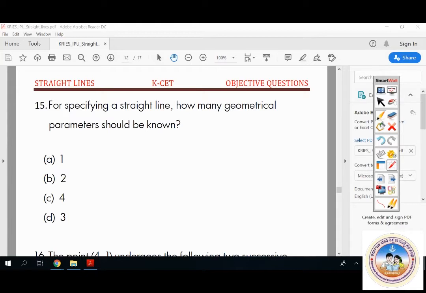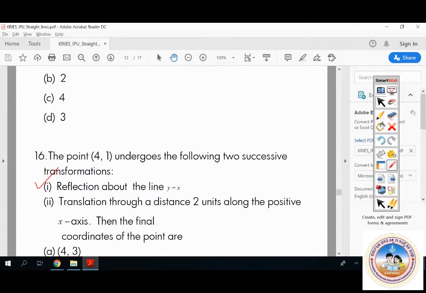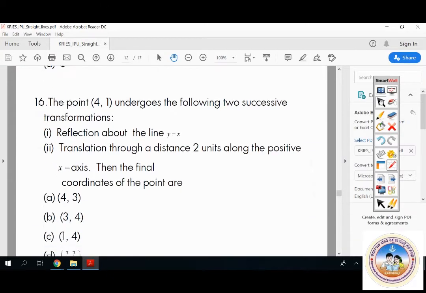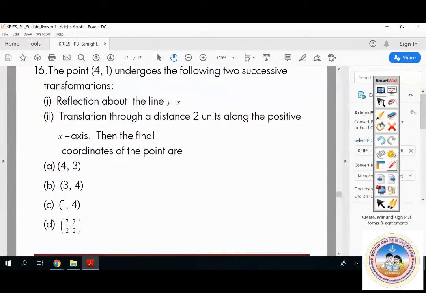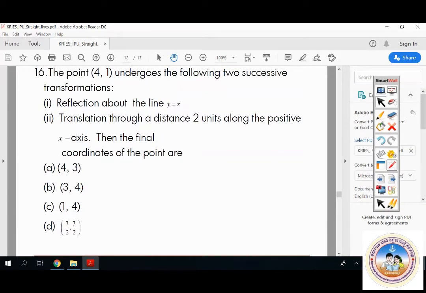So there will be a line which is associated with 2 conditions. So therefore the number of parameters is going to be 2. It's a standard and direct question. Nothing to worry about that. Otherwise number of variables 2 irutte. So the number of conditions will be 2 for that, right? Now 16ನೇ ಪ್ರಶ್ನೆ ನೋಡಿ. This is again a different question which you don't study in your regular exam, regular theory examination.